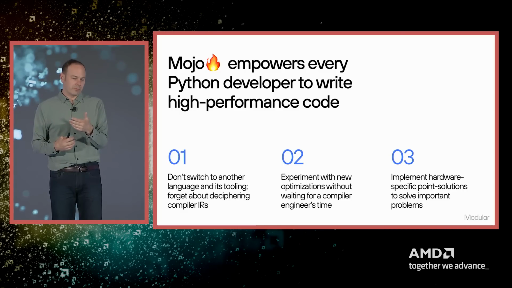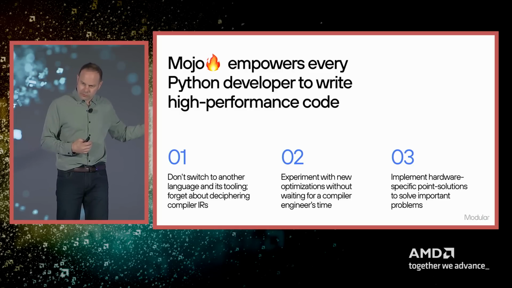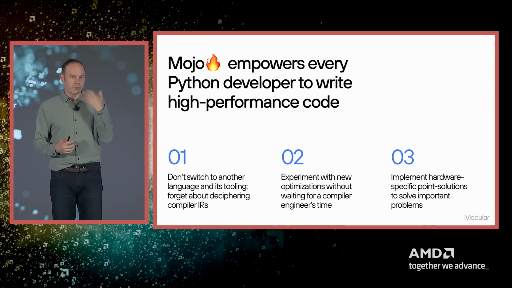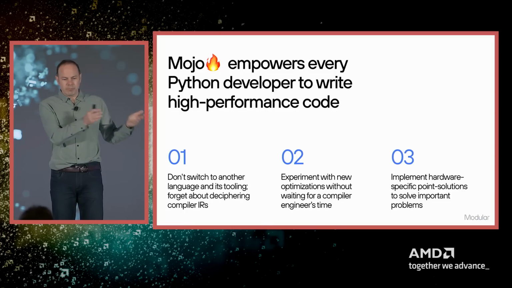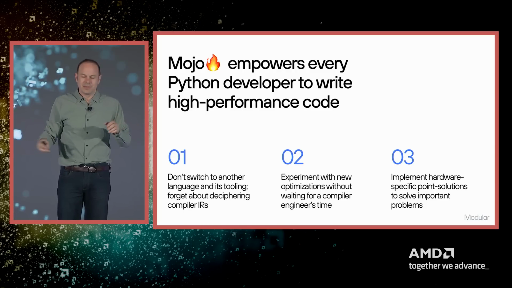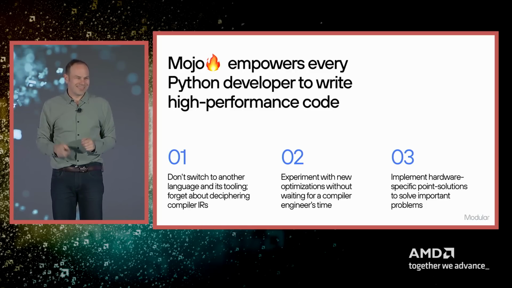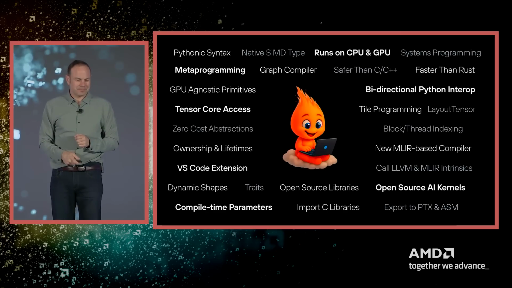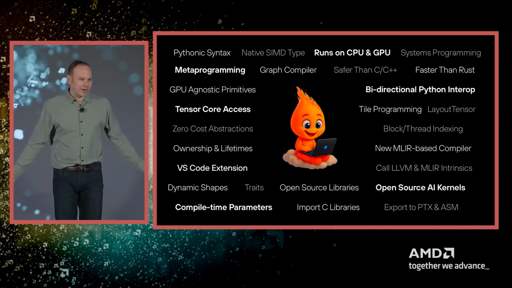Mojo is really quite unique in that it can scale through your entire software lifecycle, and it can dramatically reduce the complexity at every single level of the stack that you might hit. It can scale with you as you learn, from basic stuff in Python to the crazy advanced: I want to go do a tensor core and build amazing things, Flash Attention 17 or something that somebody might come up with next.